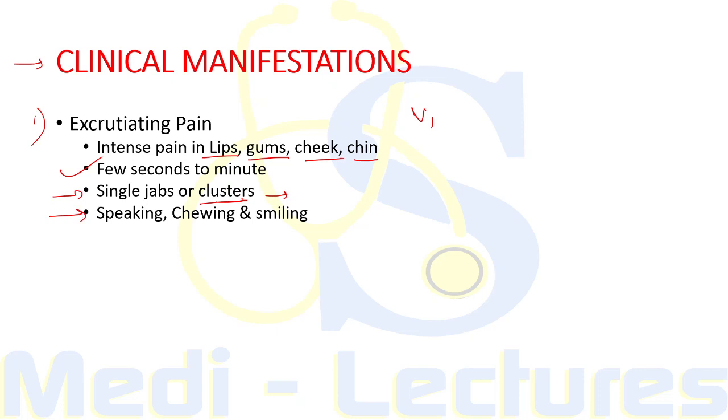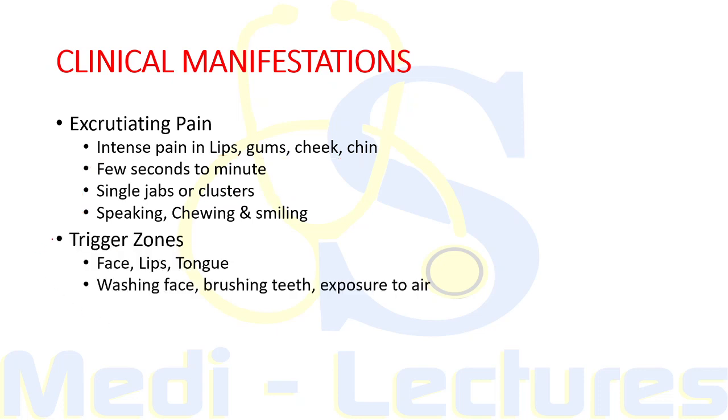The pain tends to recur frequently both during the day as well as night, and it is characteristically increased by speaking, chewing and smiling. Another characteristic feature of trigeminal neuralgia is the presence of trigger zones. These trigger zones are characteristically present in the face, lips and tongue region, and the pain is triggered by activities like washing the face, brushing teeth and